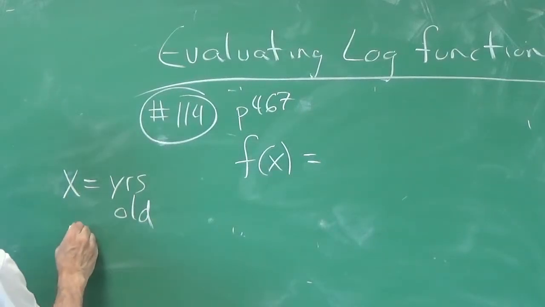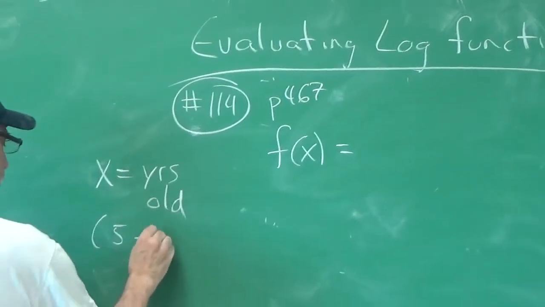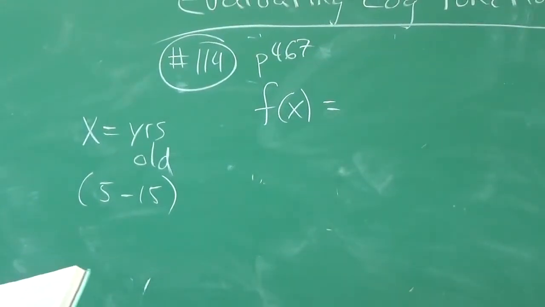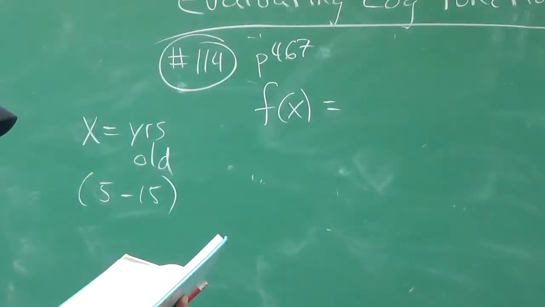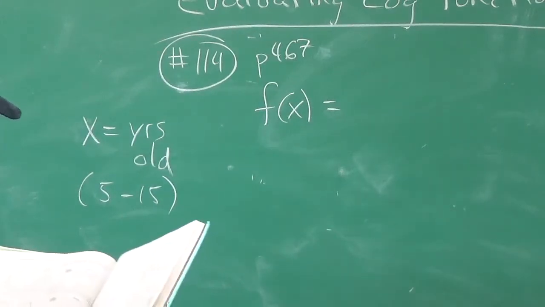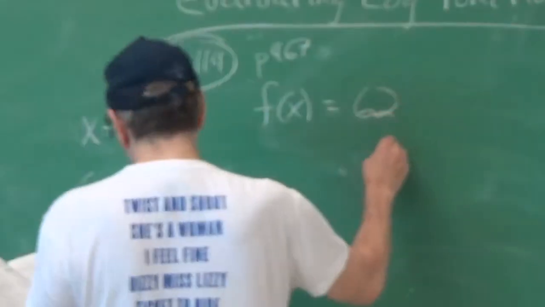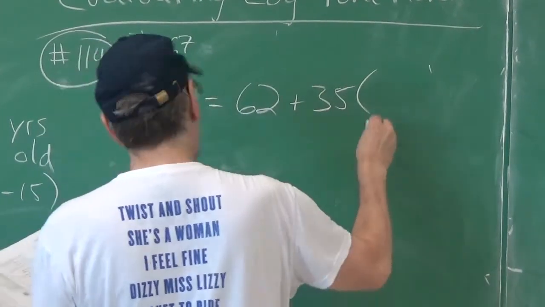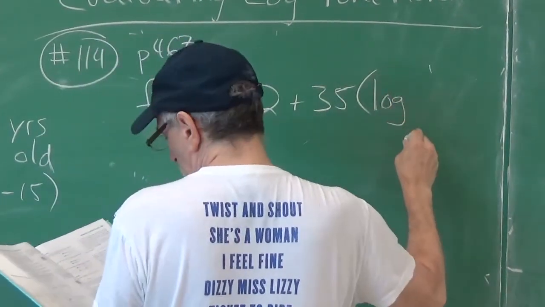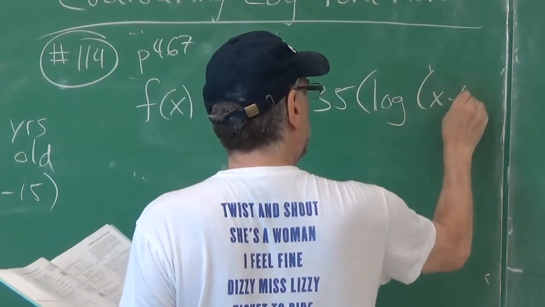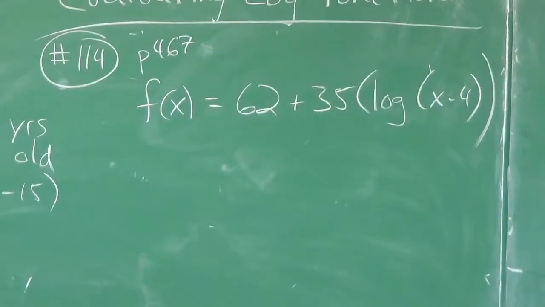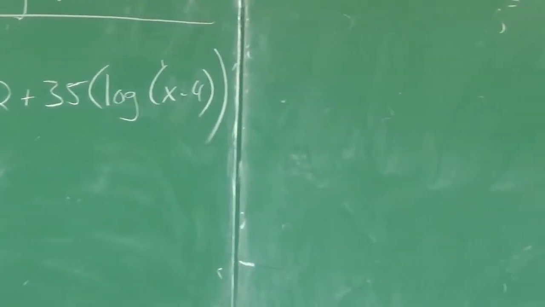And we're only using x's from 5 to 15, right? Because generally only going to be accurate in those age groups, this function. So our function is 62 plus 35 times the log of x minus 4. Okay, now something else I didn't mention that I should mention here